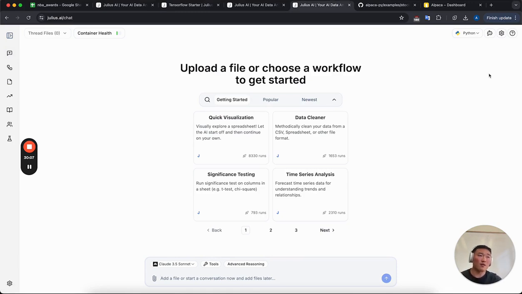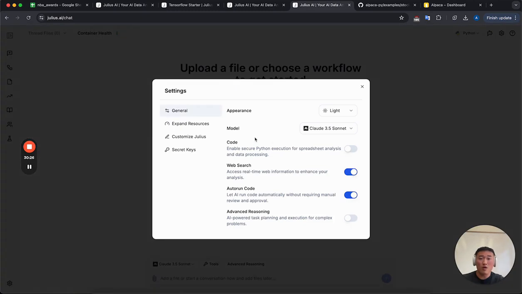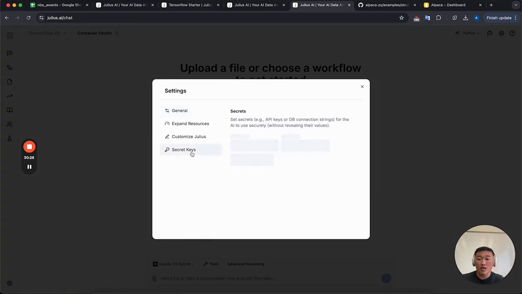So think about if you want to connect to a database or use a particular API and you need a key, you need a secret to set there. You can give that to Julius in a way where the secret is not revealed in the prompt at all. So you can go over chat settings, secret keys,